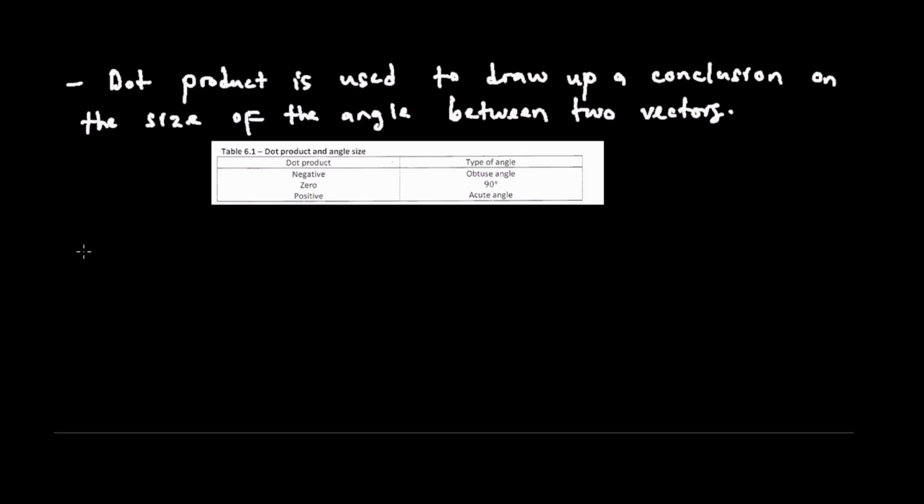And kana tichiti obtuse angle, remember, obtuse angle, tiri kuti this is the angle theta, which is going to be greater than 90 degrees, but at the same time lesser than 180 degrees. That is what obtuse mean. Then kana dot product yedu iri 0, kureva kuti isina a sign positive or negative, zvoreva kuti our angle is right angled 90 degrees. Then kana our dot product iri positive, zvoreva kuti we have an acute angle,